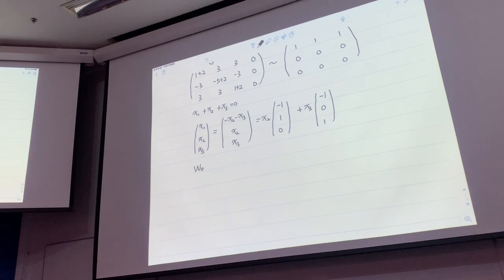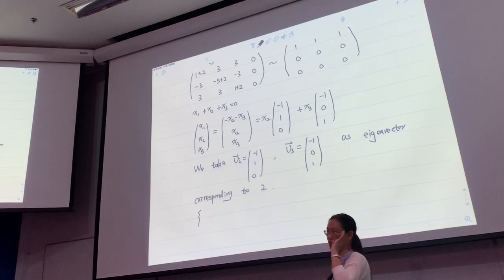Now we take V2 just be this one. So for this eigenvalue, we have an eigenspace of dimension 2, and the space is spanned by these two vectors, corresponding to eigenvalue 2. Now, although here we have only 2 eigenvalues, we still have 3 linearly independent eigenvectors,